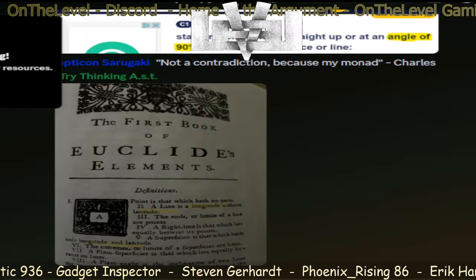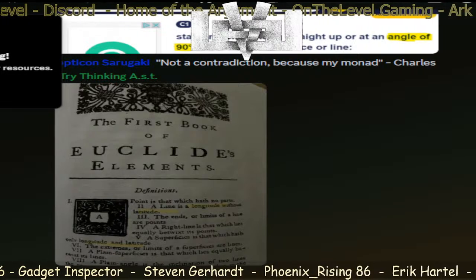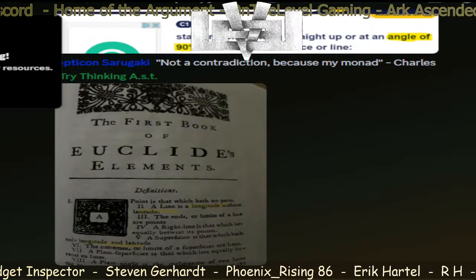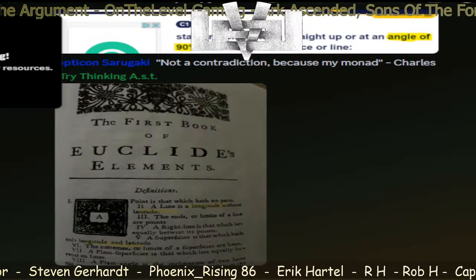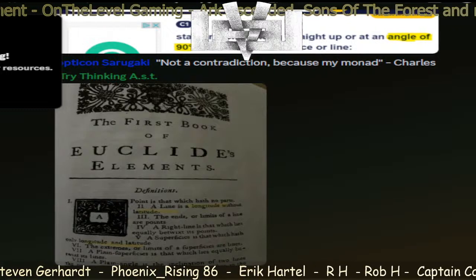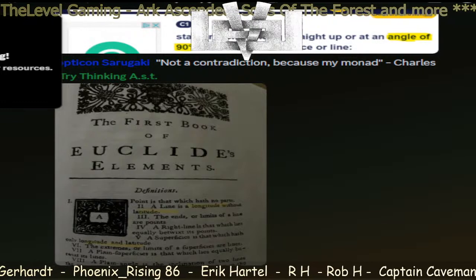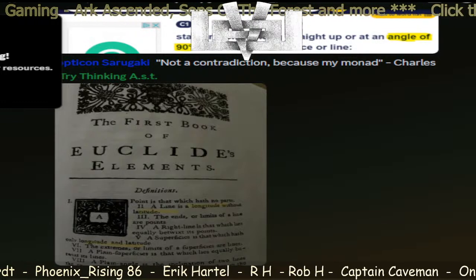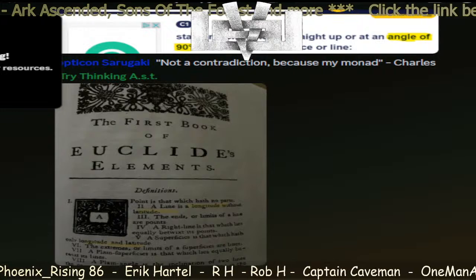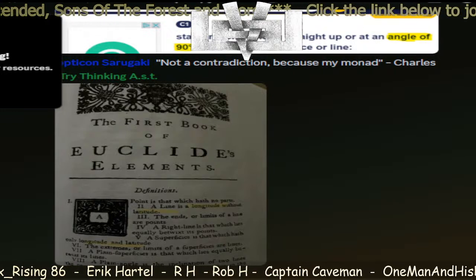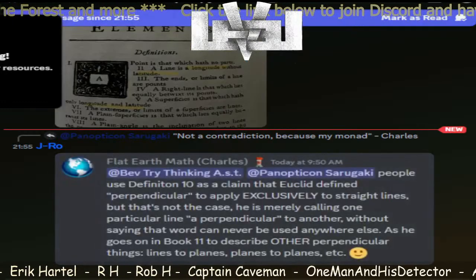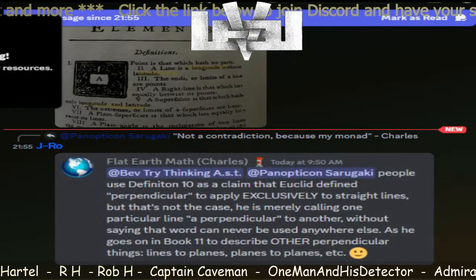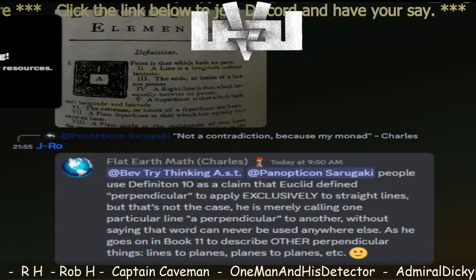Okay, and they are not perpendicular because they are on the surface of the sphere. They're just talking about longitude and latitude as though they are perpendicular, right? You can't imagine that they are on the surface of a sphere if they're saying longitude and latitude are perpendicular, can they?